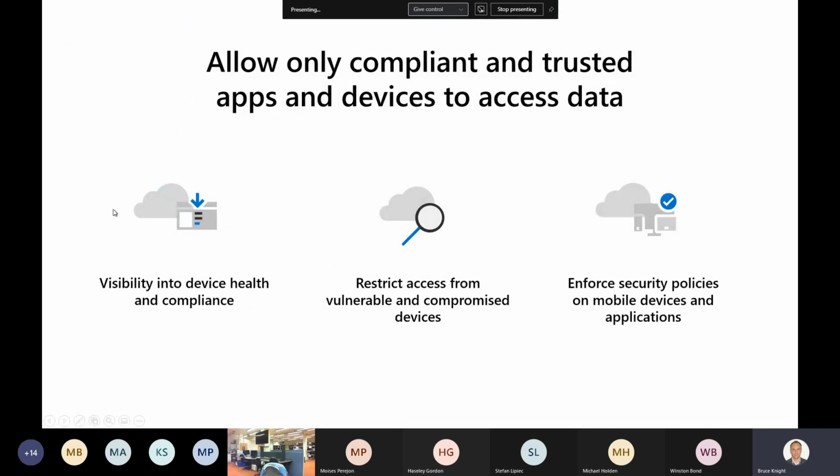Obviously, the first piece, you want to have visibility into device health and compliance, and that's done through enrolling devices into Microsoft Endpoint Manager, setting up compliance policies that those devices will be evaluated against, and then also being able to leverage things like conditional access to prevent access into services in Office 365. For managed devices, but also for unmanaged devices, right, through things like looking at app protection policies